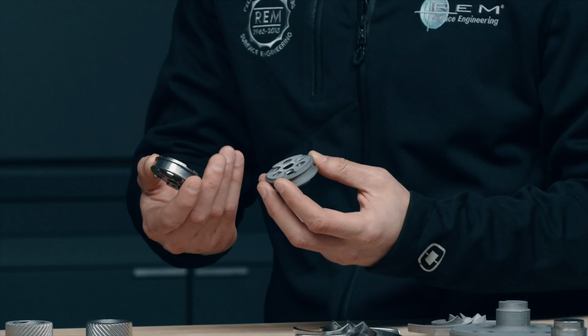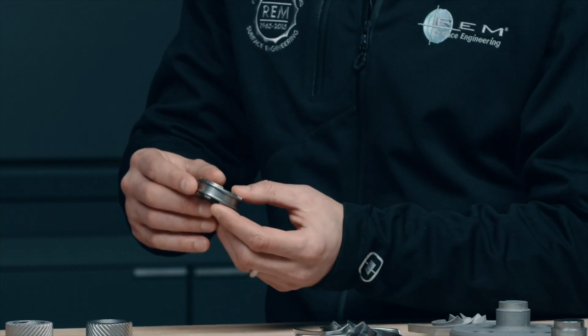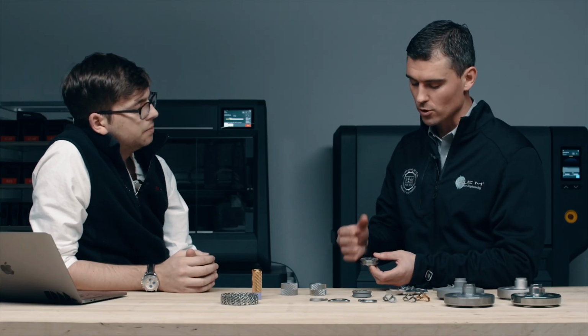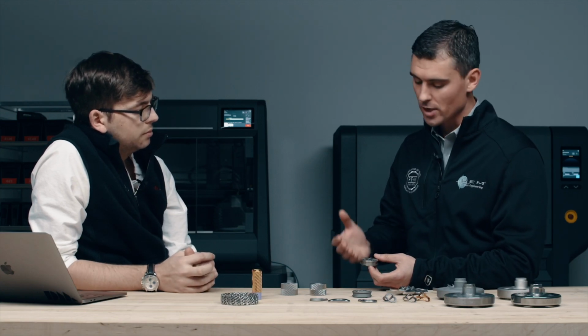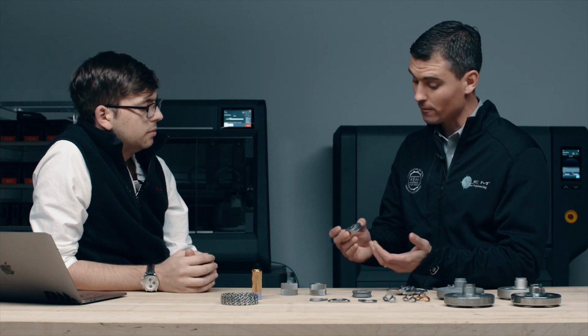Yeah, so since this is a fluid application, or a fluid interacting application, my first thought would be relative to the actual flow properties themselves. By reducing the surface roughness, we can reduce the turbulence and improve what they call the laminar flow properties. So things will flow more smoothly. You're not going to create as much agitation in that liquid, and that can be beneficial for a variety of